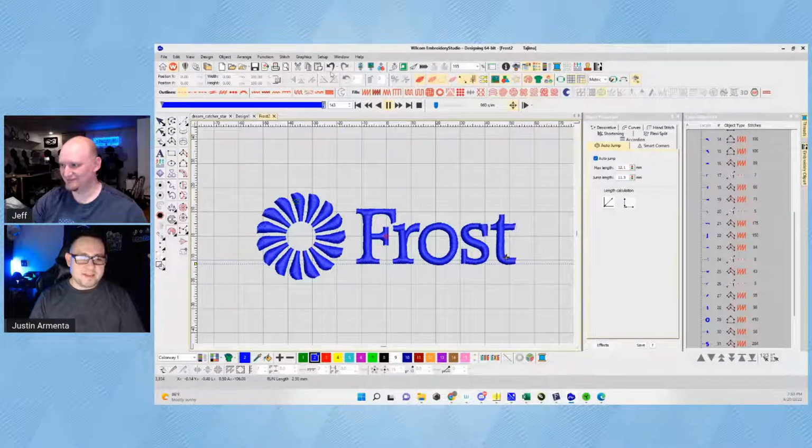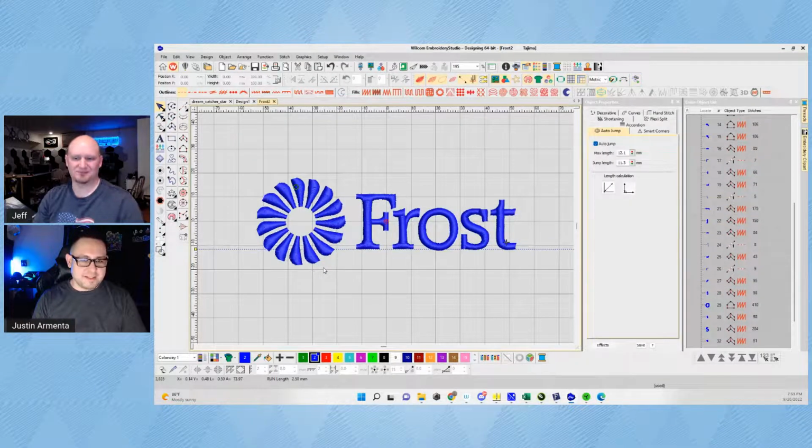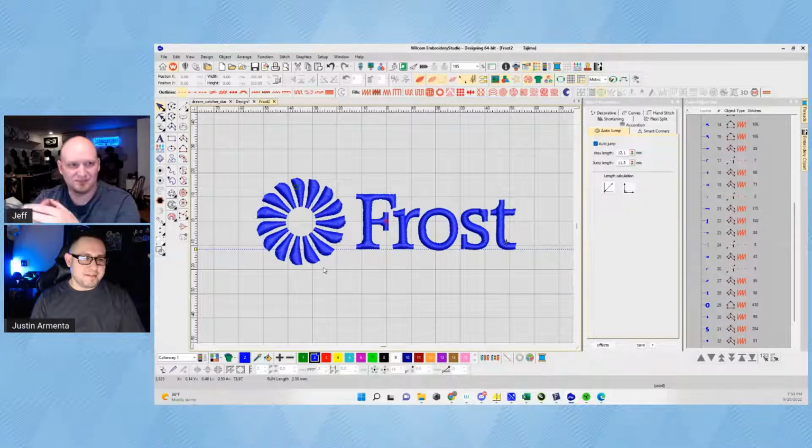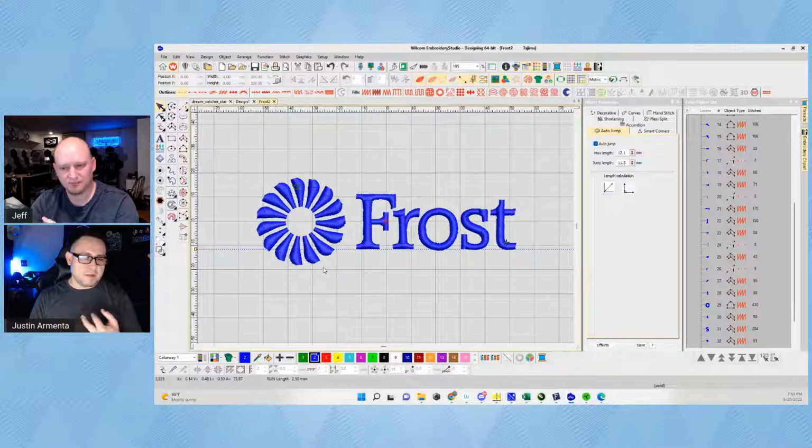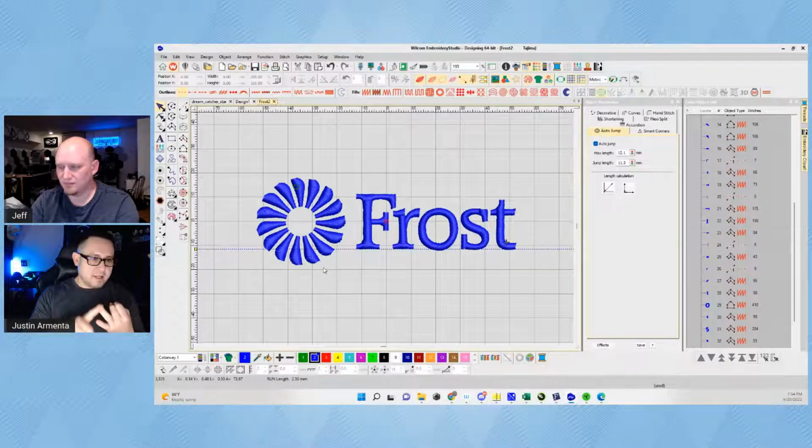So, but yeah, running it through the stitch simulator is definitely a good way to find mistakes, finding things that might be out of order. But yeah, the main points I think that we hit on this is proper underlay, adding some column width to the really thin areas, making sure your density's right, pathing, I think that's it. This is a good example of a real basic design, getting back to basics: density, underlay, pathing,